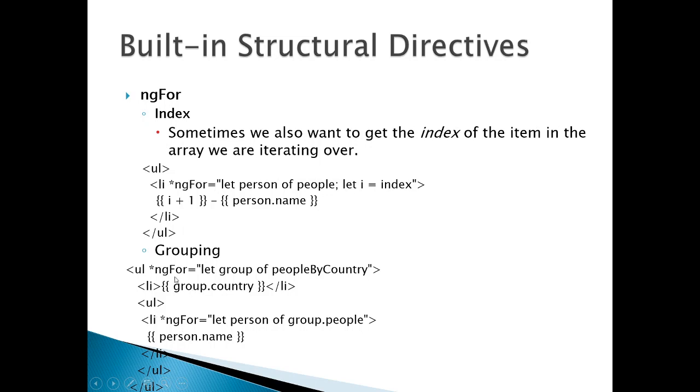Same way, we can do it in a double loop. So what we are doing is picking a country, and in it we are again picking specific people and then the person. So that is basically a loop within a loop. So you can make a group of this thing. Like in this case, if you see people by country, we are picking a group, and against the group we are using group dot people, picking a specific person's information, which is also an object, and we are displaying that. So this is also a way in which we can do a nested for loop.